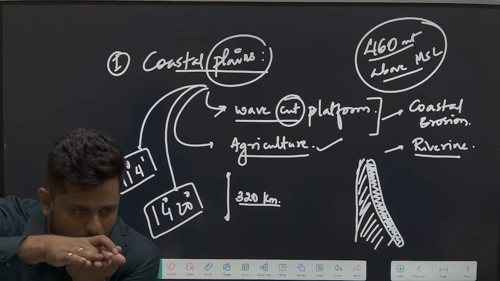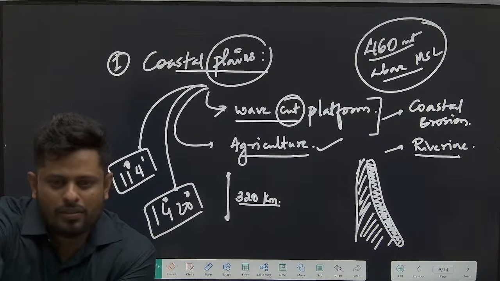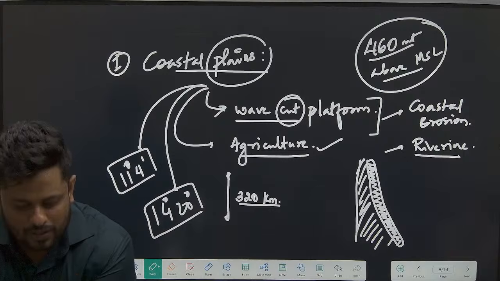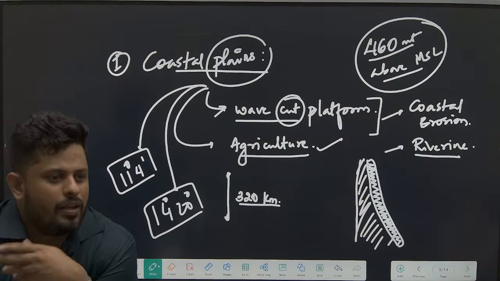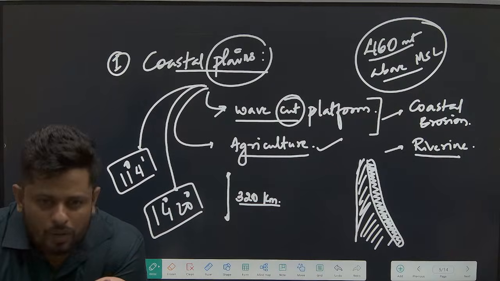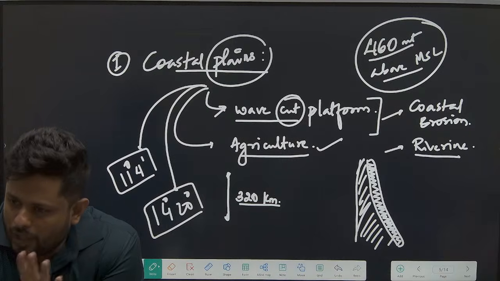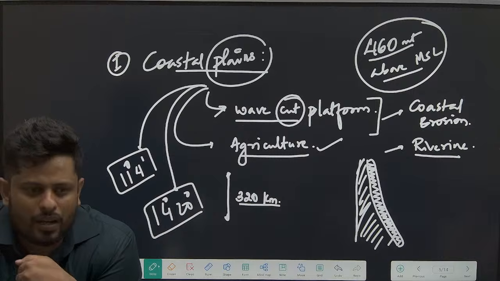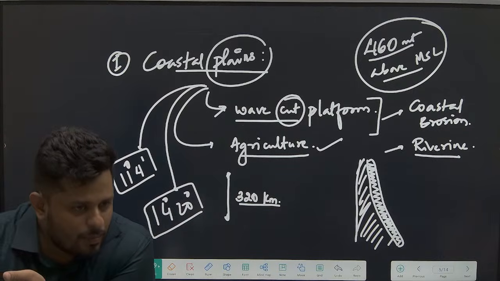The major rock mass has just gone through what we call subduction, correct? That has completely pressed that reset button. Now something else has to start again. Are you understanding this fact? So definitely sea wave depositional activity is not as great as that of Kerala or any other comparable state.